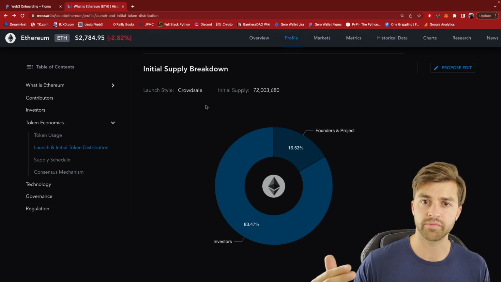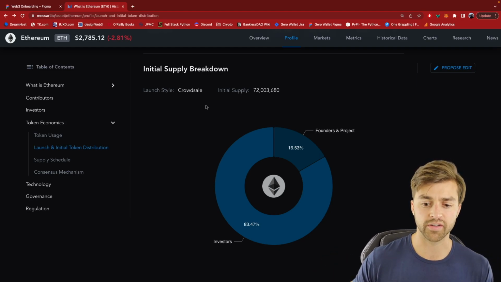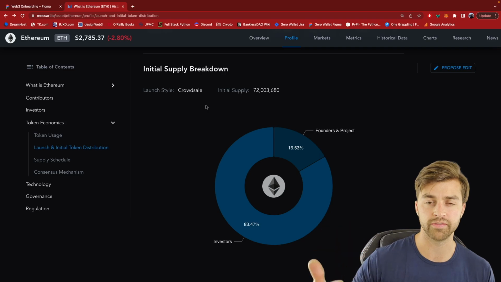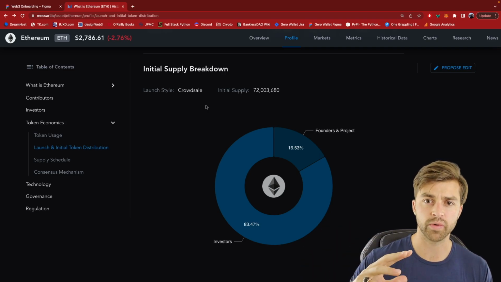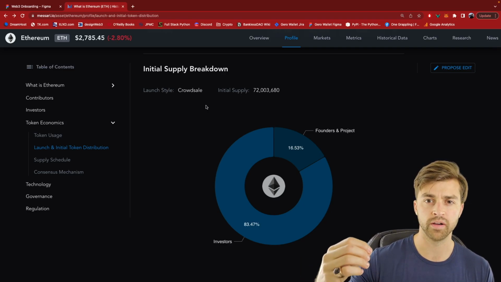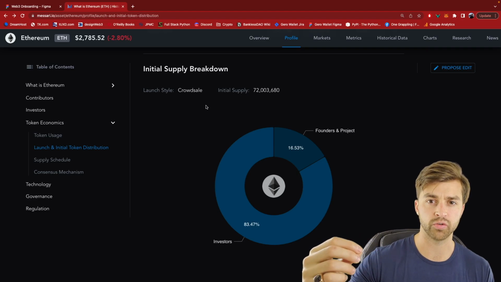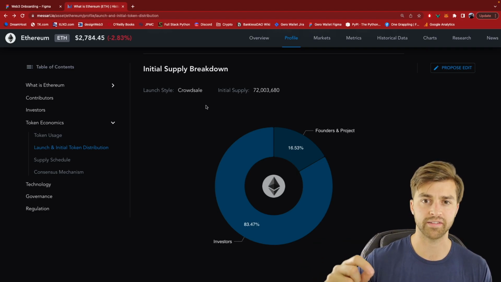So we've seen a lot of projects release tokens even before there's a working product to try to get the capital necessary to develop that Web3 project. And then also, by the way, when they launch a token, these are often called crowdsales when they are offered to public investors, or initial coin offerings, right? ICOs.